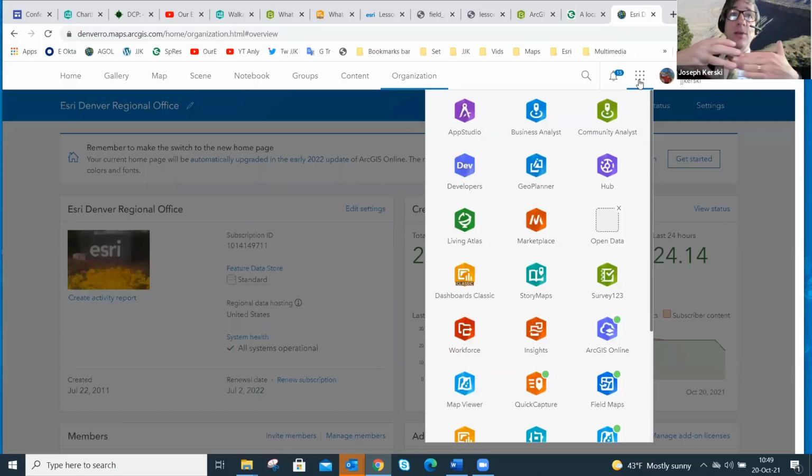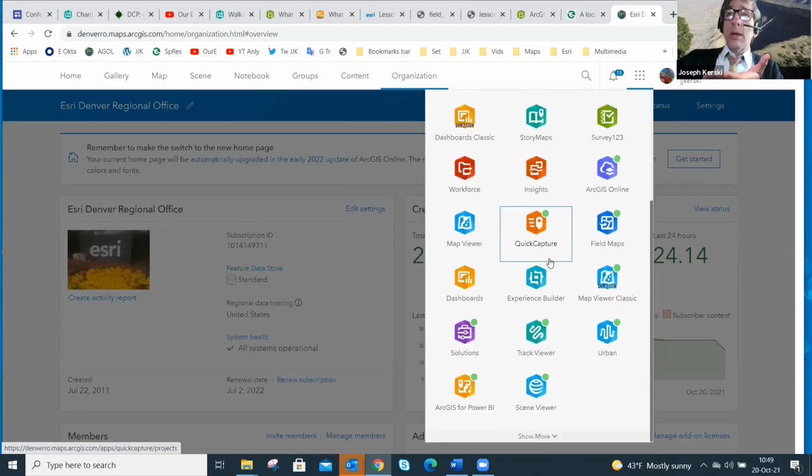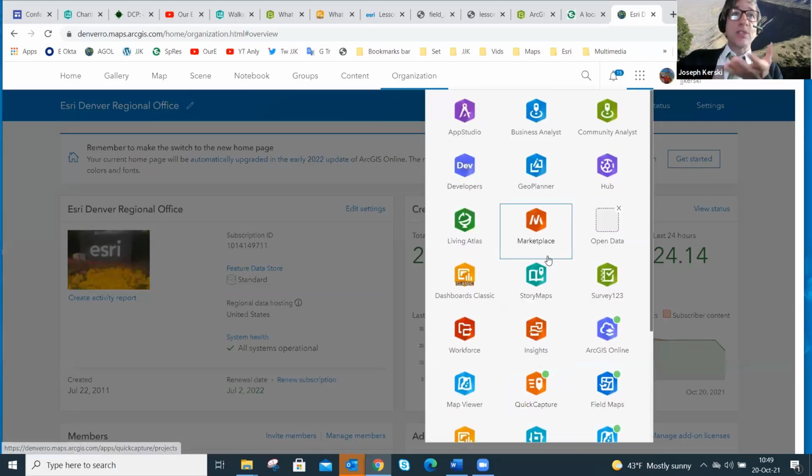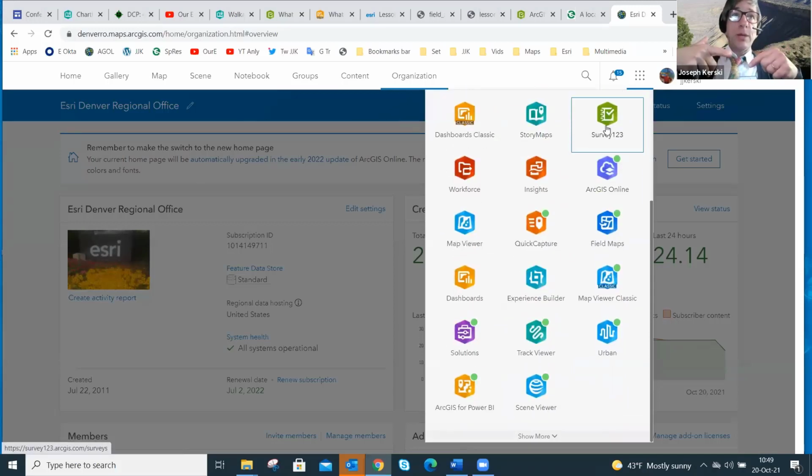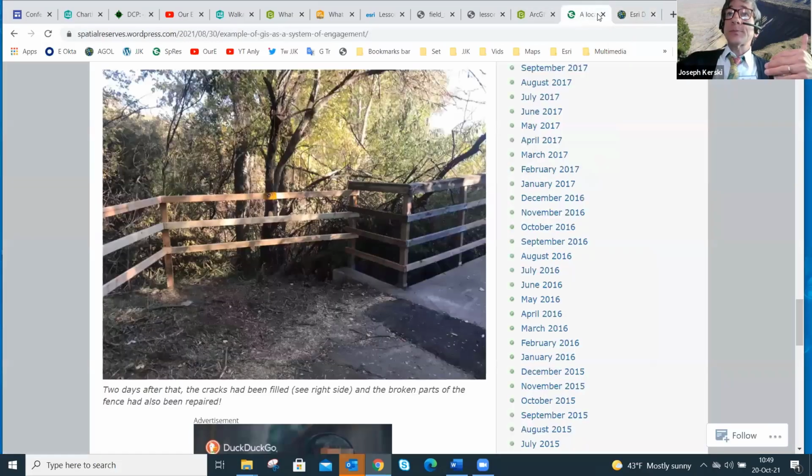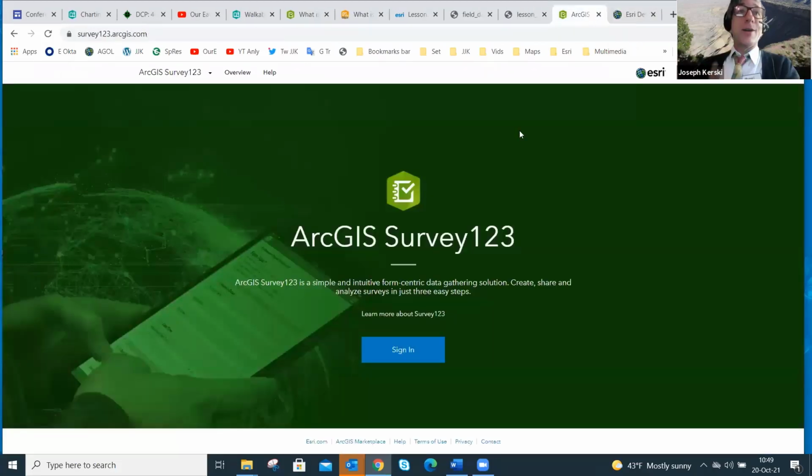So you're in ArcGIS Online, and depending on who your organizational administrator is, you have access to a set of tools: Business Analyst Web, Community Analyst, Dashboards, etc., StoryMaps, ArcGIS Pro, and so on. You can launch those from in here. So you can go into Survey123 right from here if you're already in, or you can go to survey123.arcgis.com. Either way, you're going to get to where we want to go.